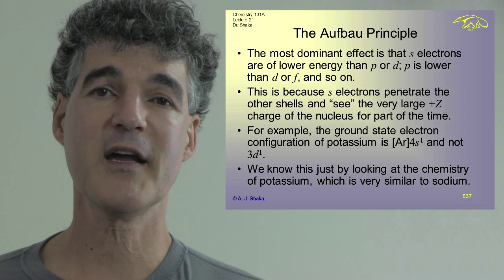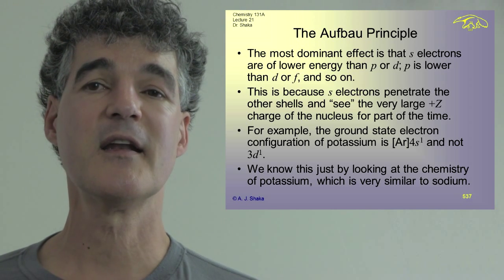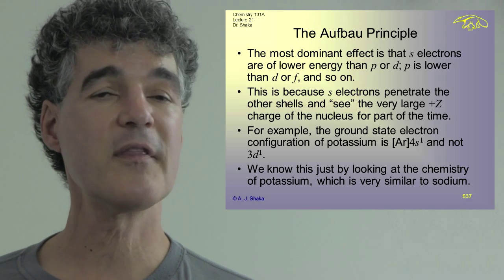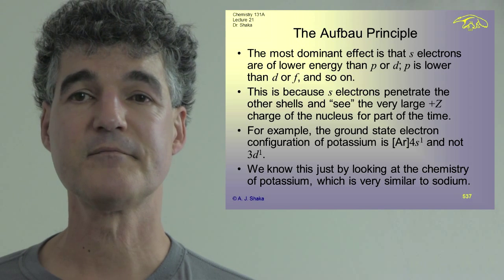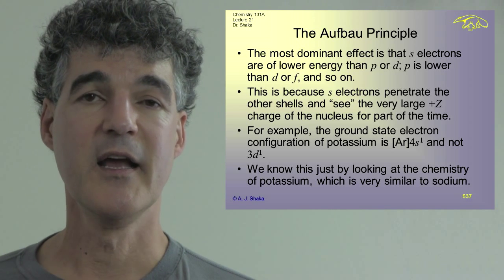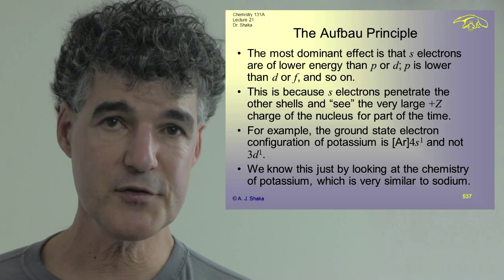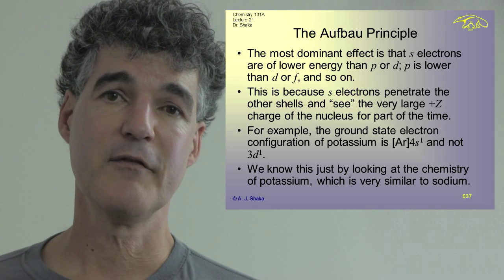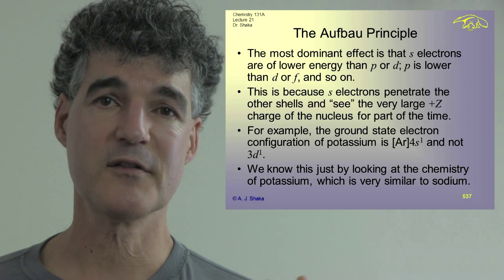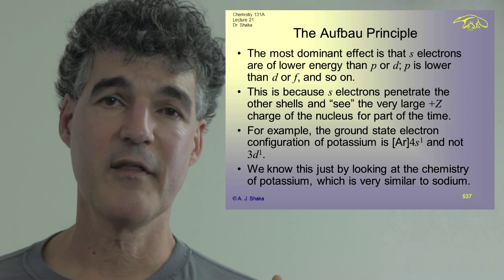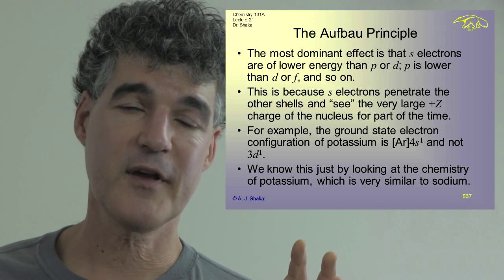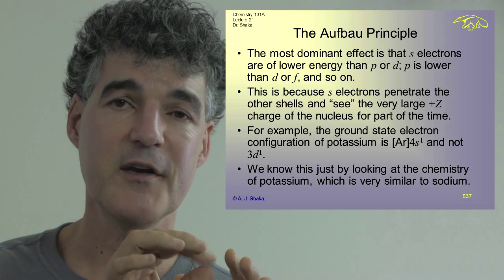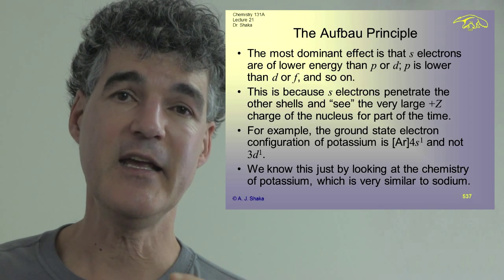The most dominant effect as you go up the periodic table is that s electrons are lower energy than p or d, p is lower than d or f, and so on. The s electrons, as we saw when we did those radial distribution functions, can be found very near the nucleus. If you have a big atom like xenon or cesium, then those 5s and 6s electrons way out there can spend some time quite near the nucleus, and then they see that it is